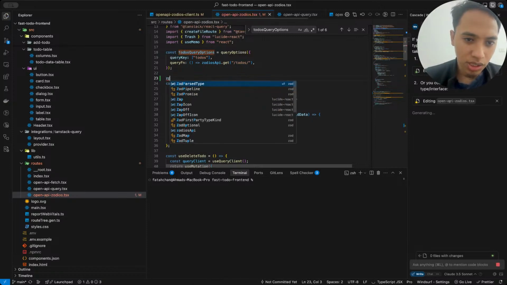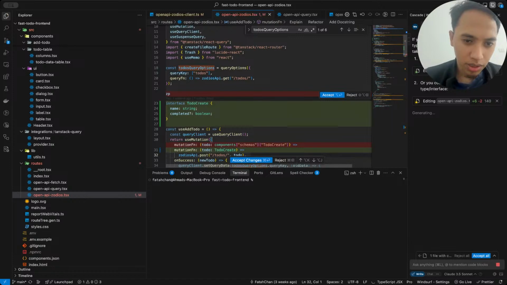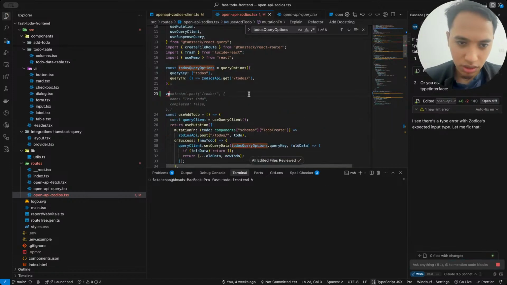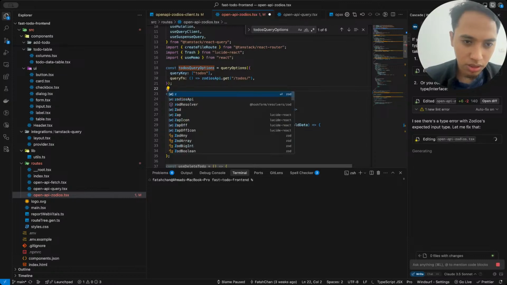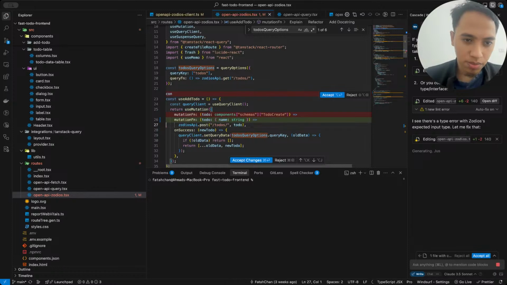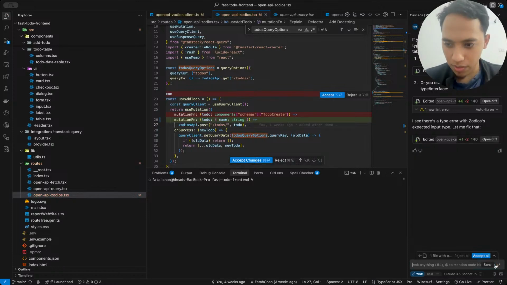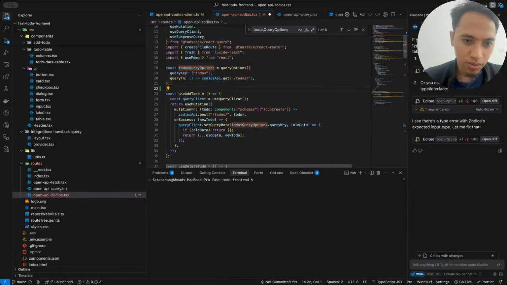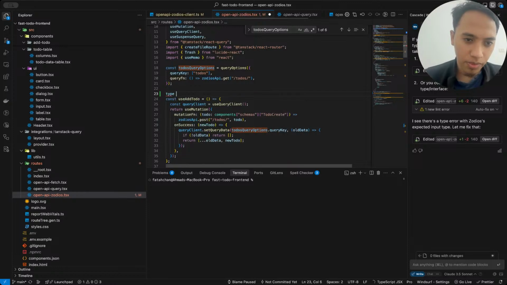So Zodius API. Okay, I don't need this. I just need to do type. Okay, stop. Reject all of this. So basically you can just do a type and then you can just create to-dos, and